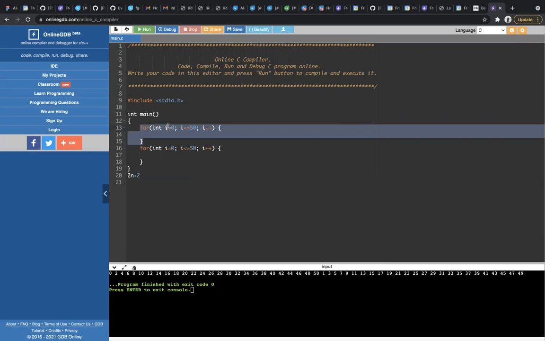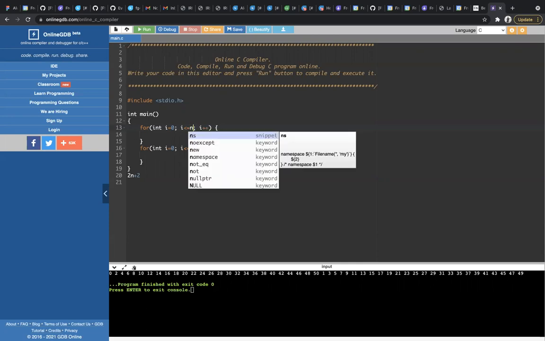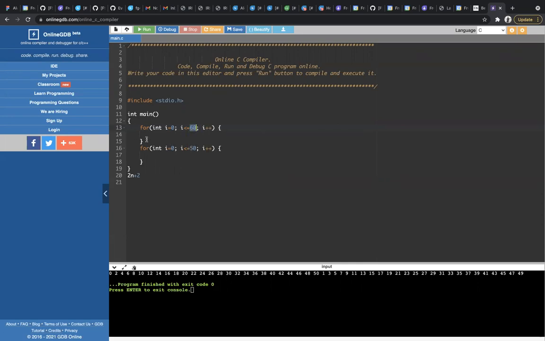Yes, bro. So if it is 50, my execution for this loop is 51. If it is 60, how many times will it execute? 61. Okay. So based on my input, if it is n, it will be n plus 1, right? For this loop. Same for this loop, n plus 1.